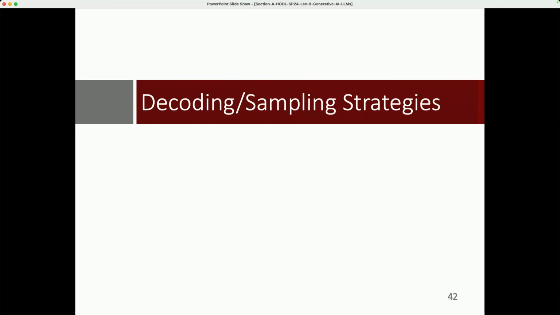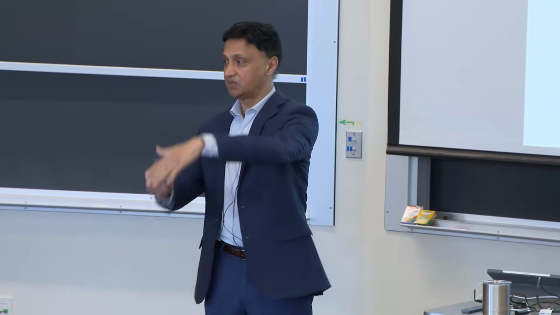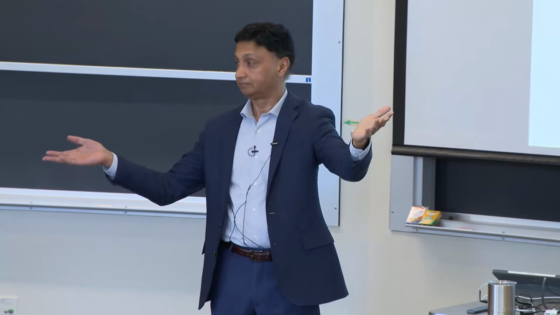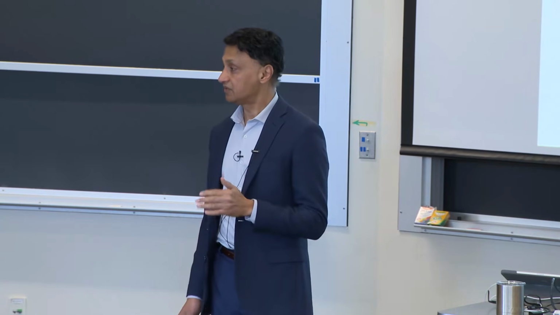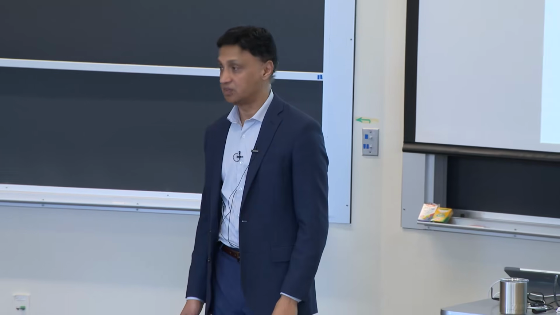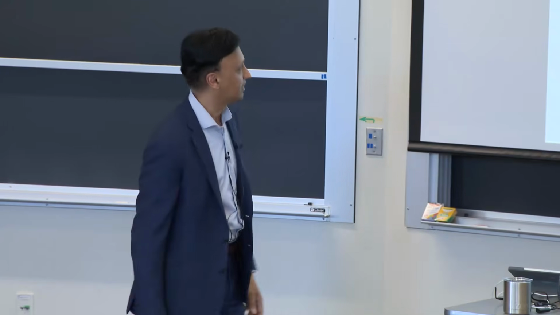Okay, so now we're going to talk about decoding and sampling strategies. I said that when we come up with the softmax for that last token, we have 50,000 choices. What do we pick? As it turns out, to actually get really good performance out of Gen AI systems like ChatGPT, you need to be quite thoughtful about how to decode, how to actually sample from that table. So we'll talk about that for a bit.